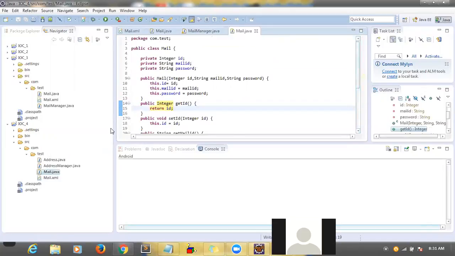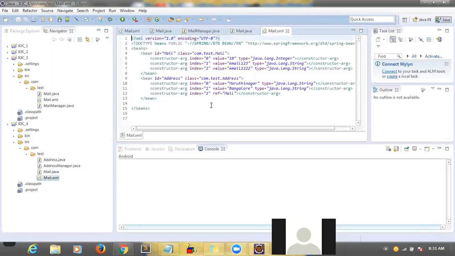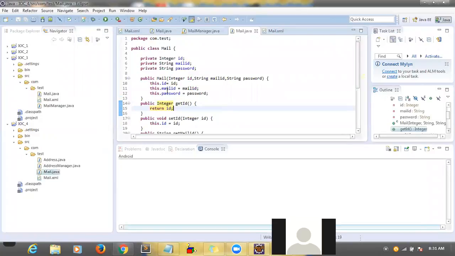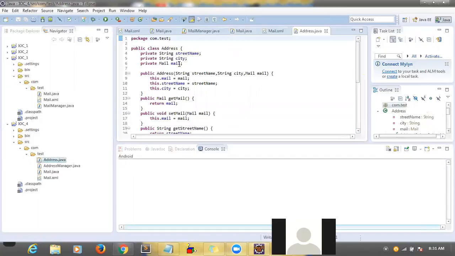And this is also the same kind of constructor injection example, only this one I created with more examples. If you see the mail class, we have three fields: ID, mail ID, and password, and the rest of the things are just setters and getters. For address also, we have a mail ID, street name,